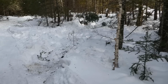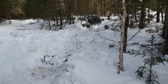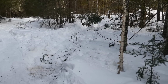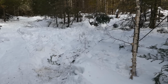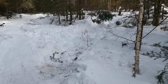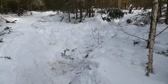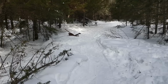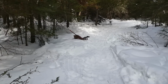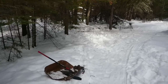Never have enough. We managed to get 2 of the 15-foot saw logs hauled out of here yesterday. We had to use the electric come along, I should say, to pull that one out of the deep snow back there and get it up here where we had good traction with the Snowdog. And then not very far away on the other side of the trail, I had quite a few logs laid back in here, and I guess we managed to